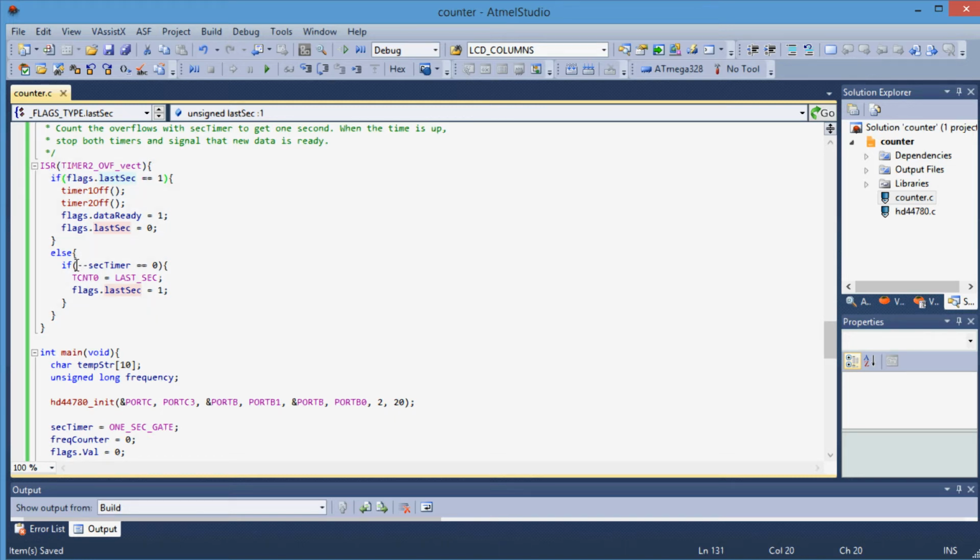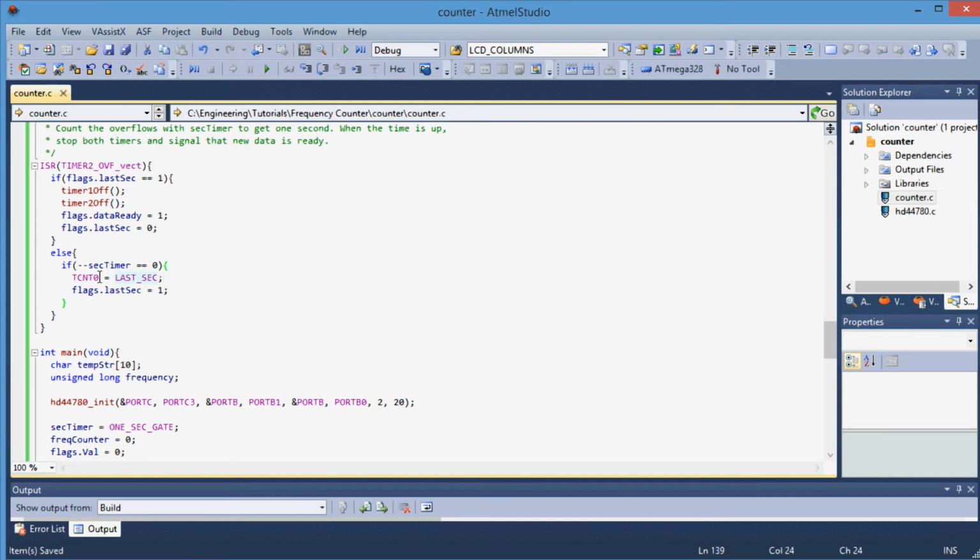The only thing that gets executed, in fact for 76 overflows, is it simply decrements sec timer. Now on the 76th time, sec timer is decremented to 0, so now this if statement is true. And so what I do is I force that last sec value, as I declared earlier, you can see it here,